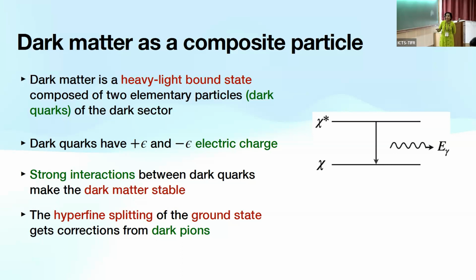Okay. And regarding the dark matter model, I did not go into the details of this, but in our paper, we have constructed a full model. This is a dark sector where there are two dark quarks with epsilon and minus epsilon charges. So in the UV, at energy scales above the confining scale of the strong interactions, these are weakly coupled, so they exist as elementary particles. But once the phase transition of the strong sector in the dark sector happens, these start forming bound states. And this is a heavy-light bound state.